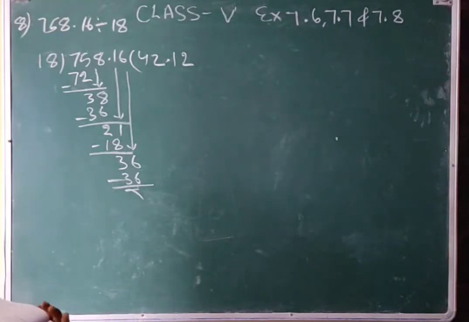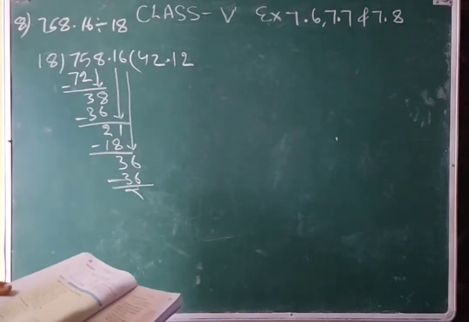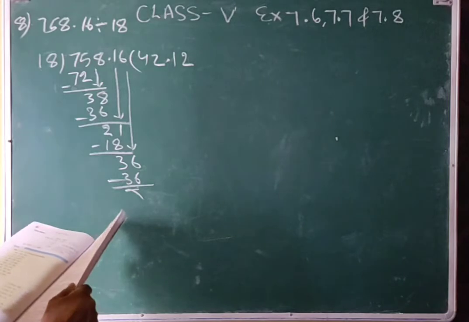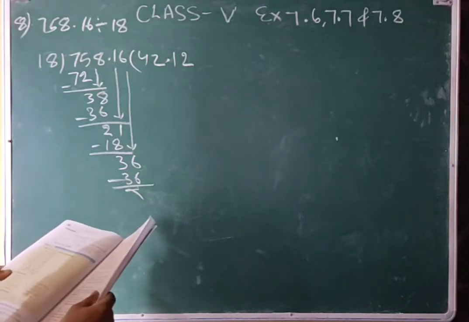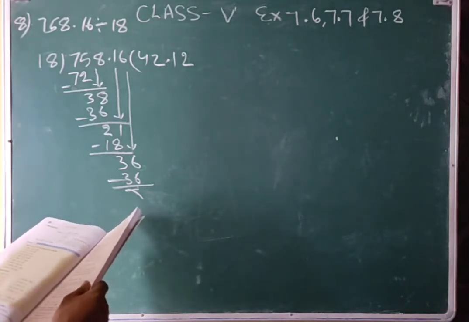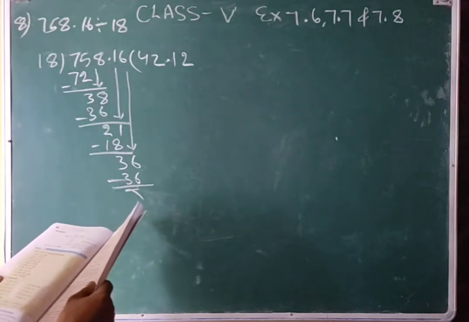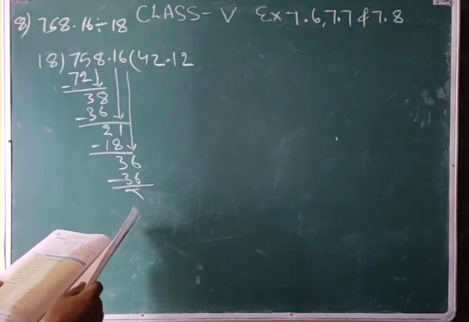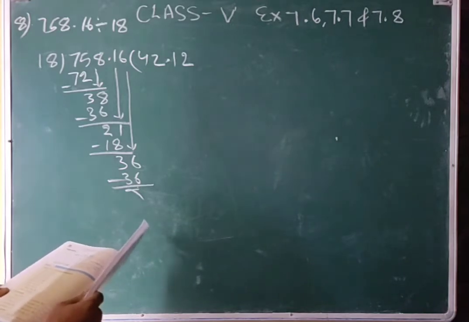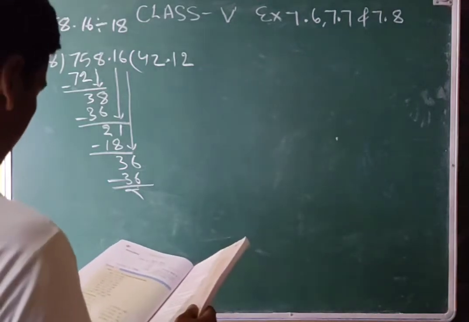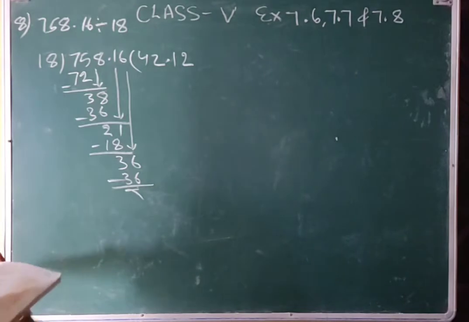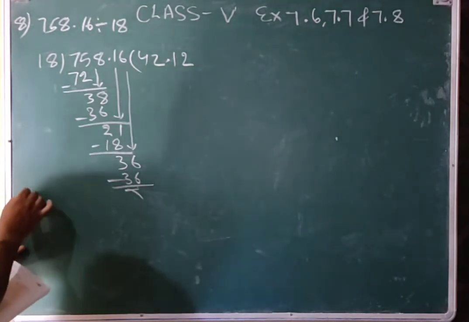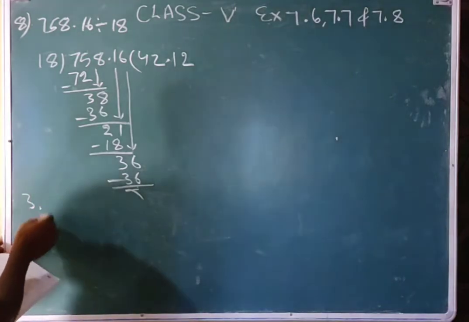7.7, the first question is true false, so you can do the true false like this: first is false, then second is also false, third is true, fourth will be false, fifth will be true, false, true, false, false, and then true, and then fill up also you can do very easily. Okay, and then the third question of exercise 7.7, find the quotient.